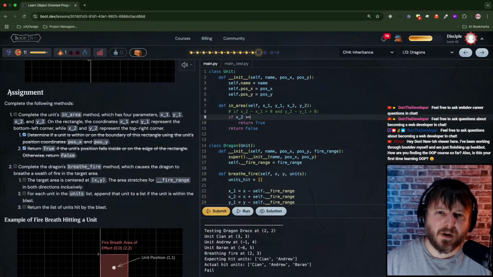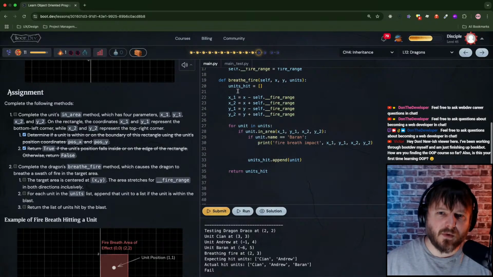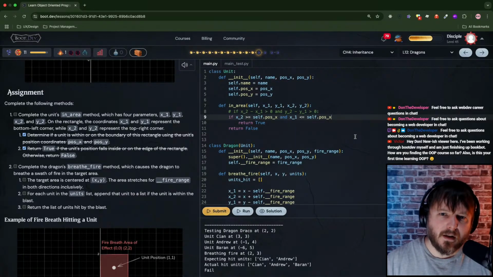So if x2 is greater than or equal to self position x and x1 is less than or equal to self position x. I'm pretty sure this is right. And